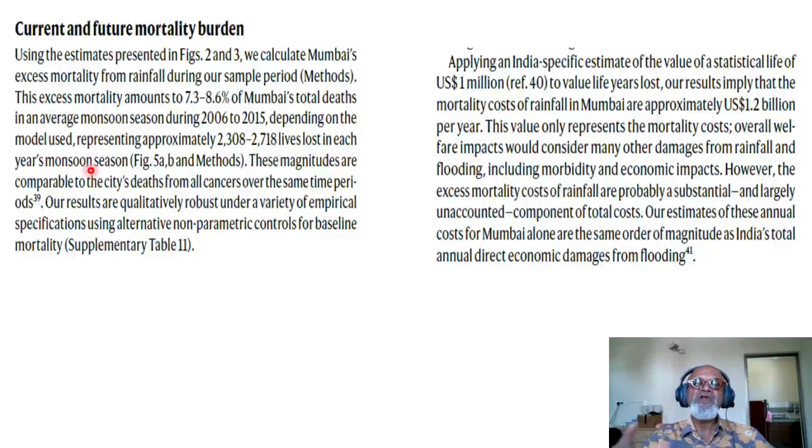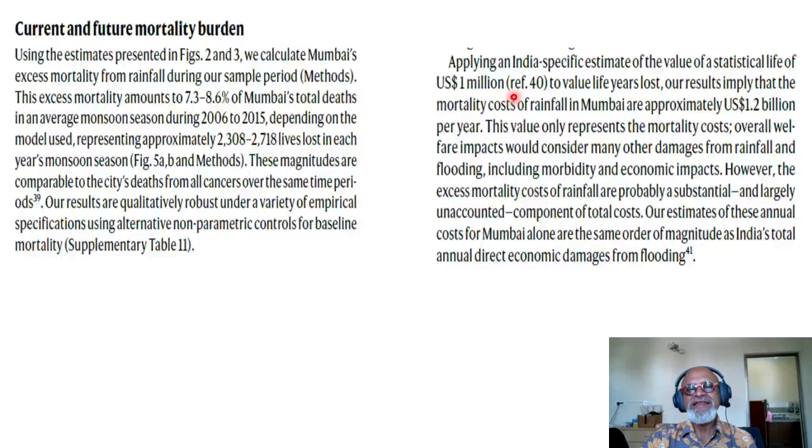So they use an econometric model to do these, basically use statistics, use socioeconomic factors and other confounding factors like age, gender, kind of housing, etc. Okay, so our results are qualitatively robust under a variety of empirical specifications using alternative non-parametric controls for baseline mortality statistics, which I'm going to skip. So they also try to give you kind of a cost